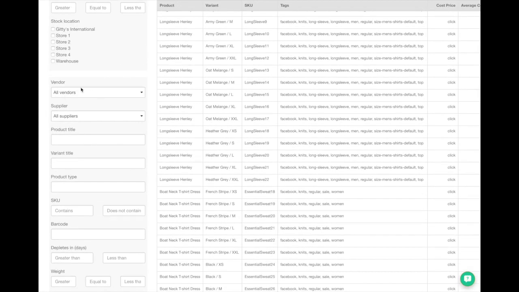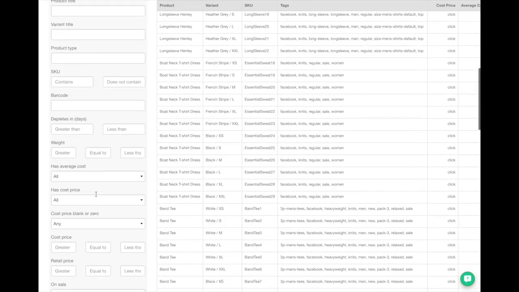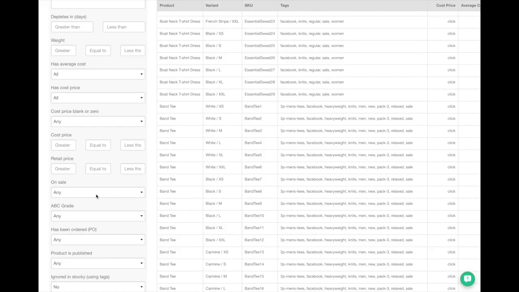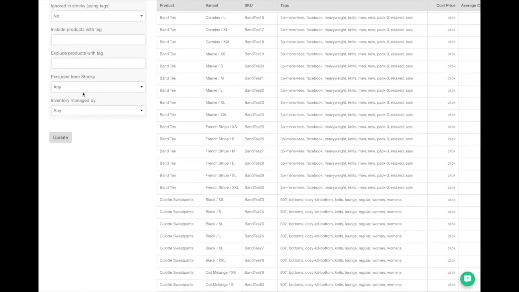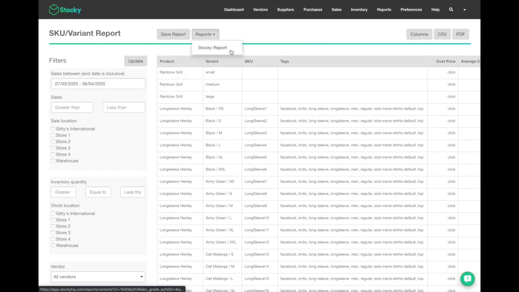And then below, of course, you can look through your vendors, product titles, variant types, product types, your SKU, your barcode, basically any information that's available on your sales orders and your products is available to be filtered inside of this report. So you can get very granular with this report. And the great part of it is that you can actually save your reports and click back into them if you ever want to revisit these reports and use them as a source of truth to continue making these reports. So this is a fantastic report when you're looking for products, information and sales data down to the SKU.